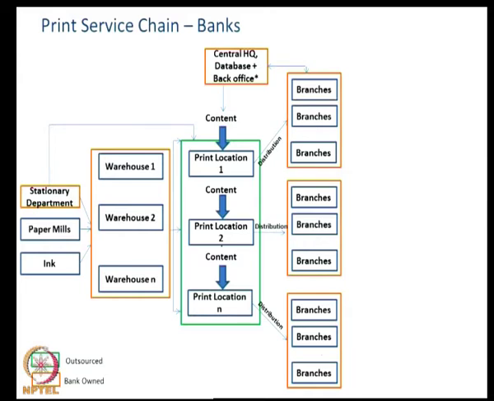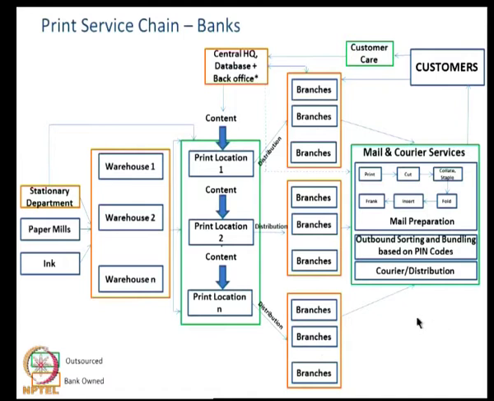Depending on which state the branch is in, there is some customization in the printing that is needed. But all the content has to be legal, because it needs permission, and there is a central headquarters that decides all this. So what is the problem here? The problem is that these branches require